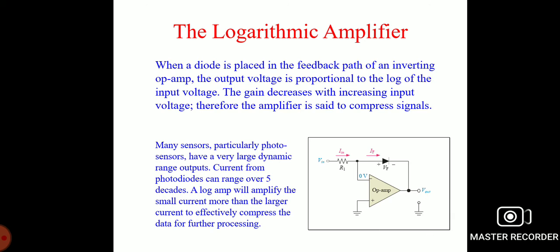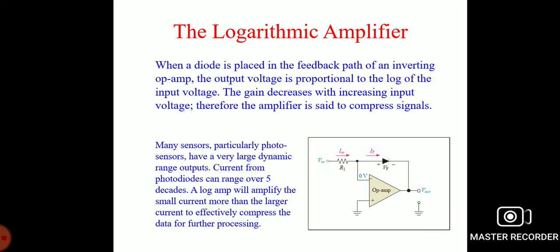processing. Here we can see the single amplifier using the input voltage V in through the resistance R1, and the diode is in feedback to V out. Now the non-inverting input is grounded, so the input voltage is applied to a single-input operational amplifier. It can be output as a single output.